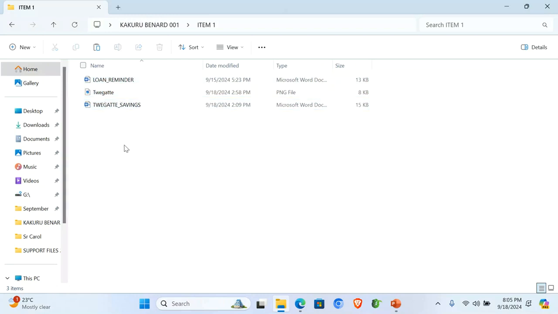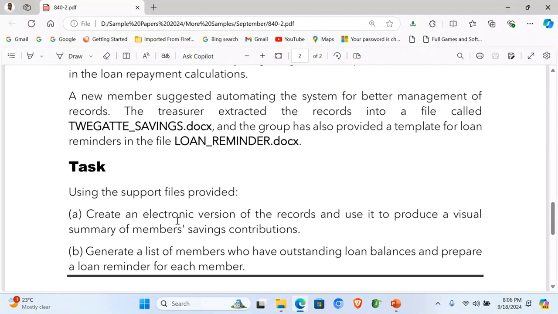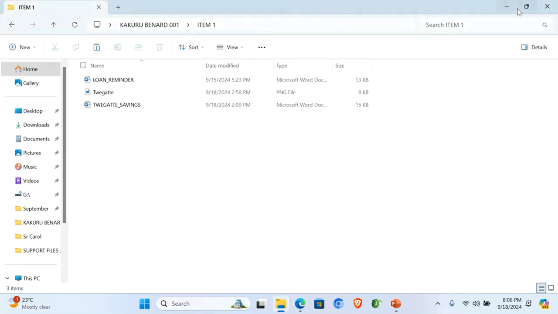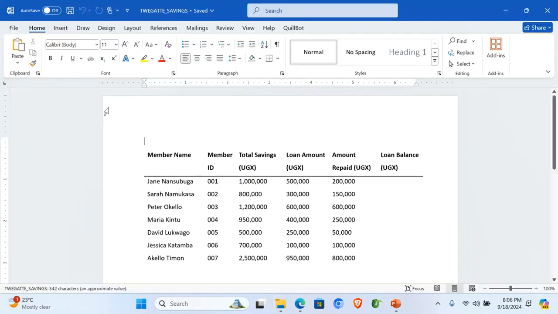So I've started now. When you look at this scenario question, they are saying create an electronic version of the records and use it to provide a visual summary of members' saving contribution, generate a list of members who have outstanding loan balances, and prepare a loan reminder for each member. So that is our task. So meaning that I'm going to open this Twegate savings document,